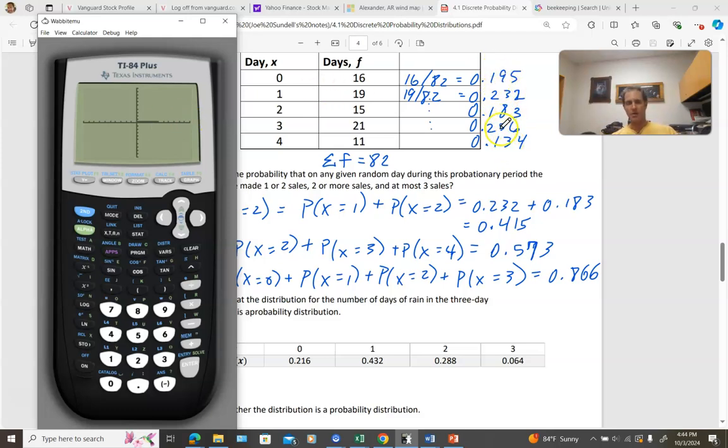These are very small. So what I could do is I could come to my zoom key, and then I could come down here. Let me see. And I could go to zoom stat. What this means is that it'll zoom in accordingly with the data that you put in those two lists, okay? Specifically the probability list. So if I click enter,